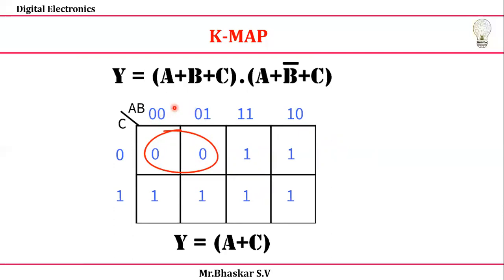0 0. In max terms, 0 has the true value. That's why I took A, and 0 you have. So the common term and the remaining thing is a 0. Directly I can take it here. Okay, 0 is nothing but what? C. It's a true condition, that's why A plus C. The relation you can see, it is not AC, it is A plus C. POS is product of sums, so A plus C. Okay, so this is a way of grouping in max terms. Okay, thank you.